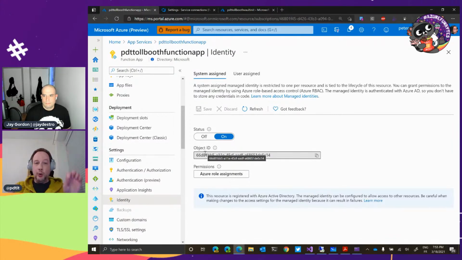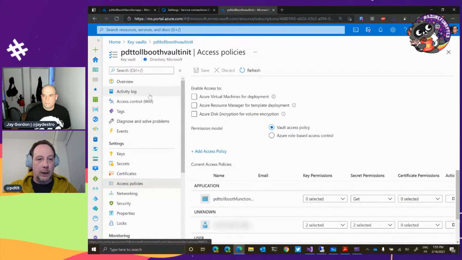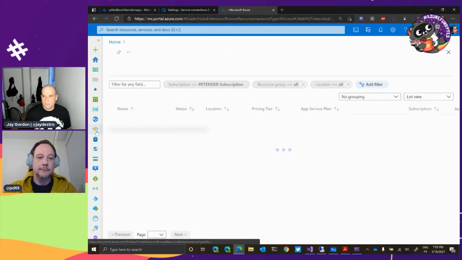I'm now turning you into an identity object. And next to that, I'm going to give you permissions to do something in the Azure platform. In this example, reading out Key Vault. That would be the idea. And that's how my function app, if I go back to my function app,